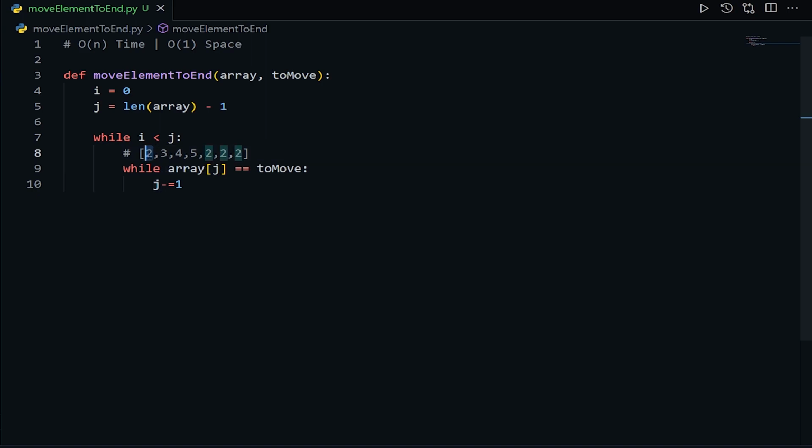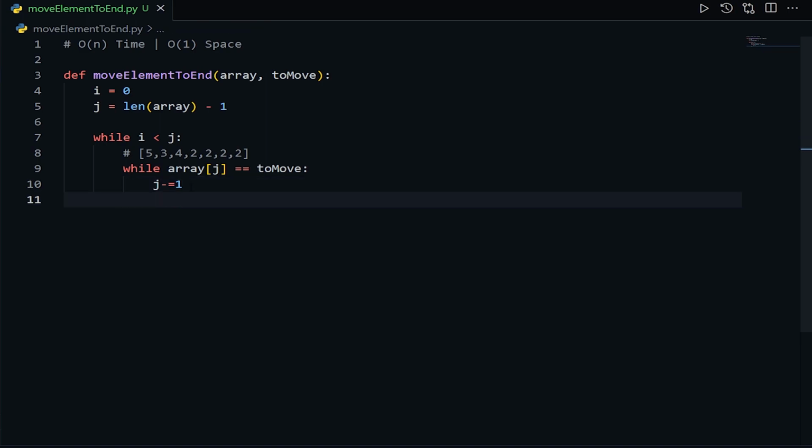So I is at the 0th index and j is at the last. j is already equal to 2, so there is no point in swapping it. So we decrement it again till it reaches 5. As it reaches 5, we stop and swap with our I. So it becomes 2 and here comes 5.